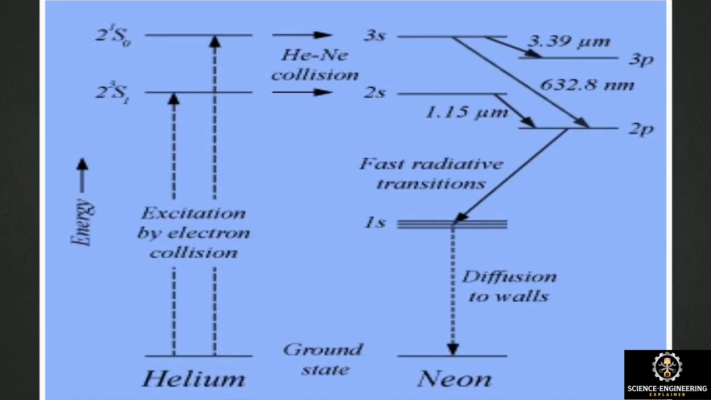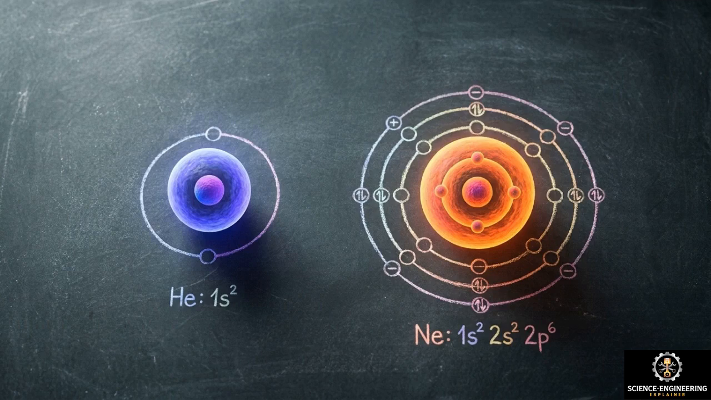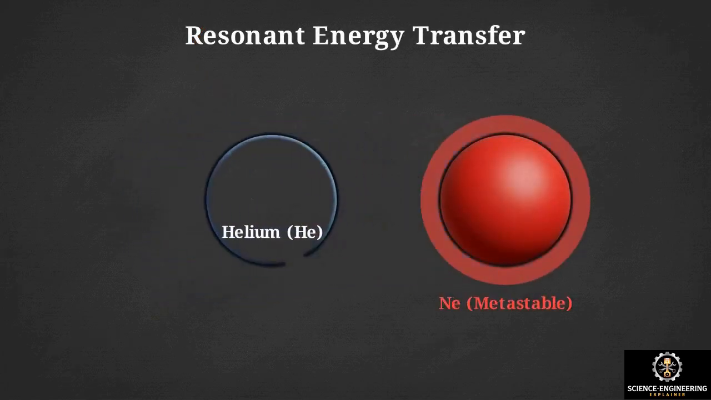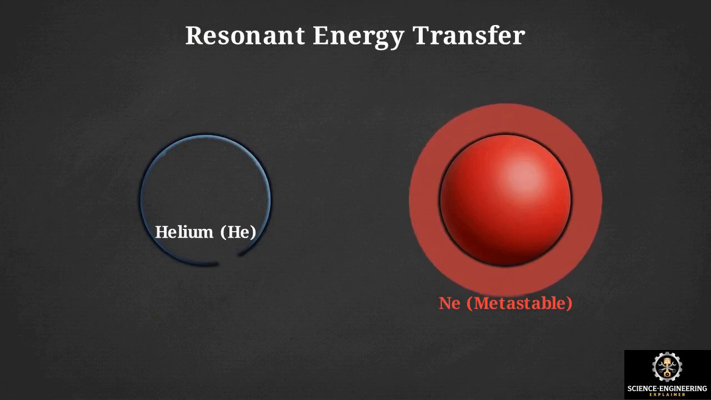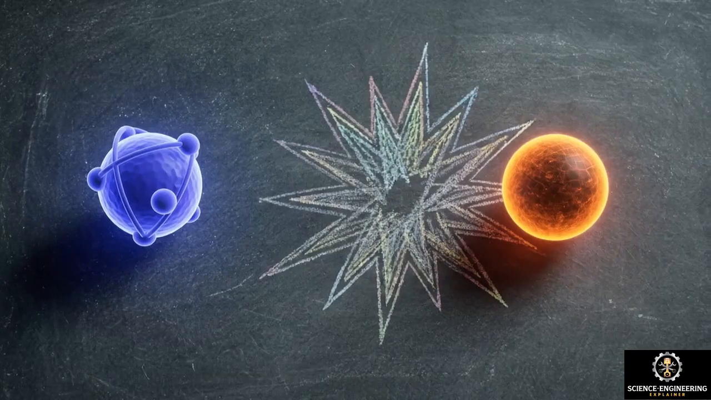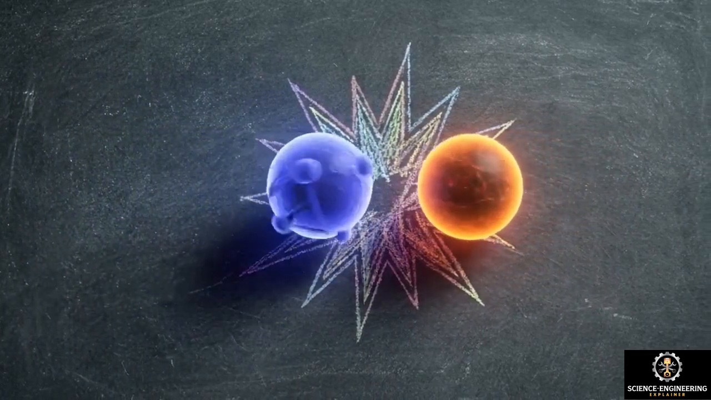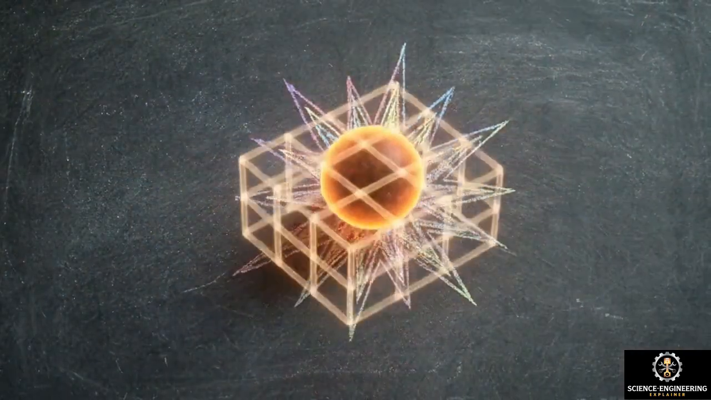These energetic atoms physically collide with ground state neon atoms. Because helium states align perfectly with neon's metastable states, energy transfers smoothly. There is a strict division of labor here. The helium acts entirely as an energy carrier. It absorbs the electrical shock, holds the charge, and passes it to the neon, which serves as the active gain medium. Without this engineered two-step resonant energy transfer, the neon atoms would rapidly decay, and population inversion would be physically